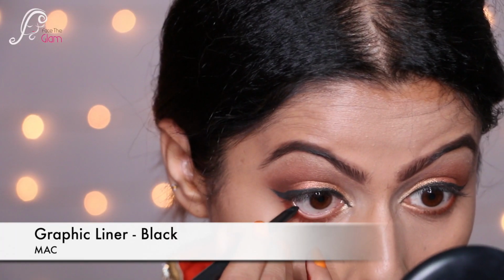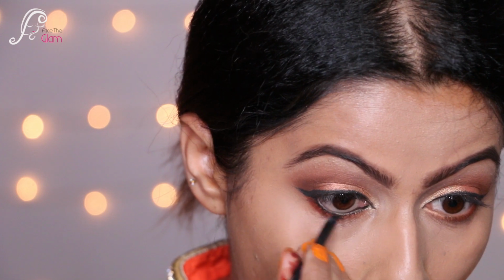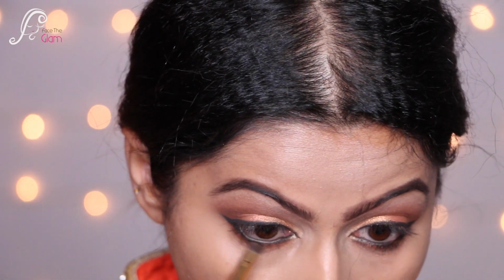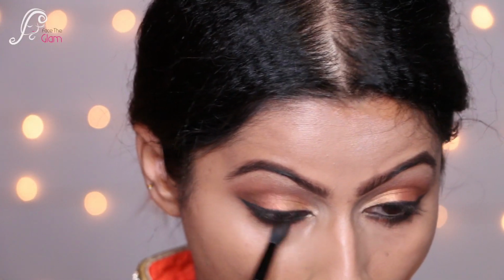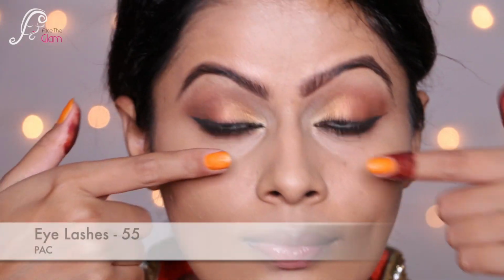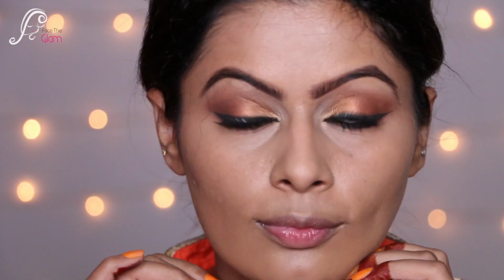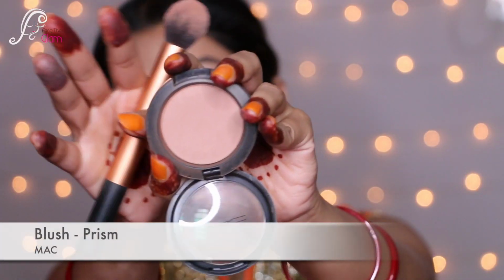Then I'm taking graphic liner in black by MAC again and I'm just applying to my waterline just as a kajal और फिर मैं इन दोनों को like eyeshadow और काजल को smudge कर रही हूँ ताकि एक बहुत ही अच्छी सी smoky look आए and then with the blending brush I'm just gonna blend it more and then I'm applying लैशेज़ बाय पैक नंबर 55 ब्यूटीफुल नेचुरल लैशेज़। और उसके बाद एक पाउडर ब्रश की मदद से हम जस्ट ब्लेंडिंग एवरीथिंग टुगेदर, जितना भी एक्सेस पाउडर है वो भी मैं ब्लेंड कर रही हूँ।